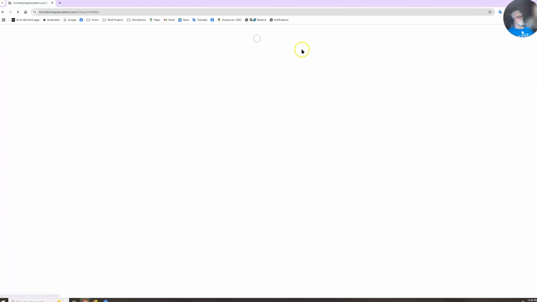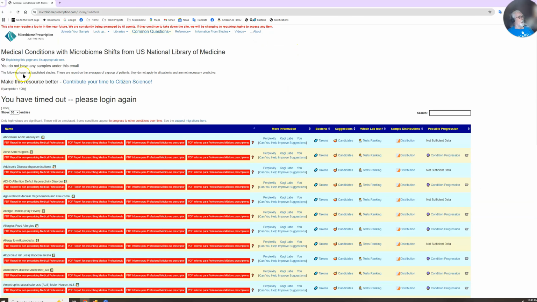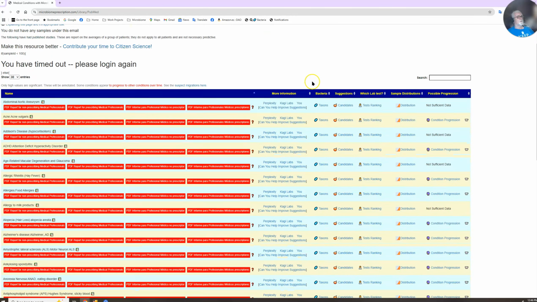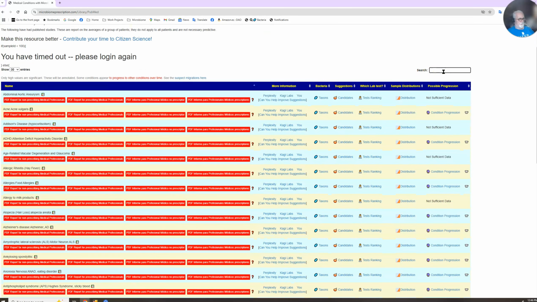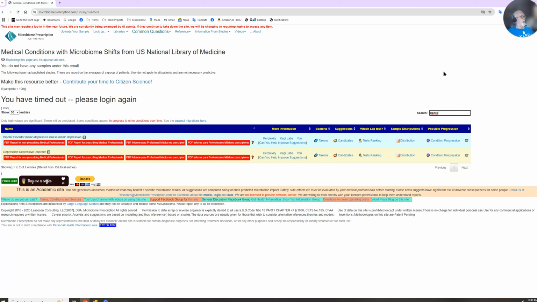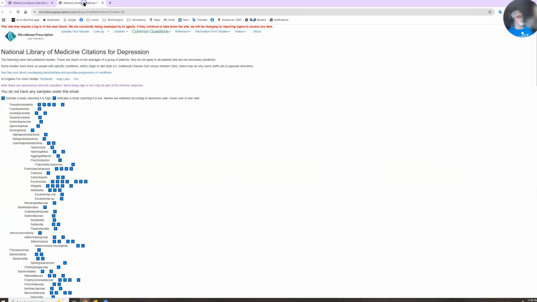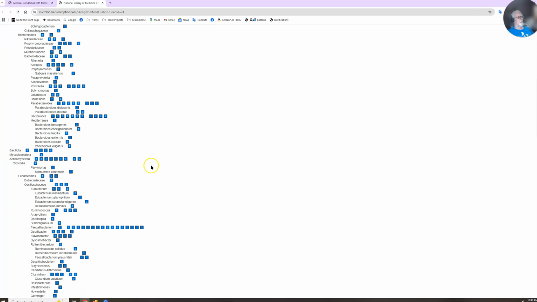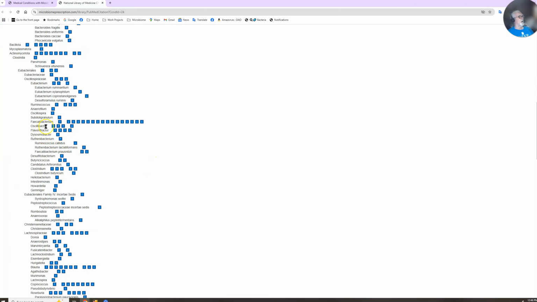is going over here, and we have medical symptoms. Let's take a look and try the same thing. Let's try the word depression. And we have depression disorder here. This isn't as sweet, but what it does give you is you can go in and look at the bacteria involved, and you can see there is a lot of bacteria depressed. For example, here we have one bacteria which most studies show is low.